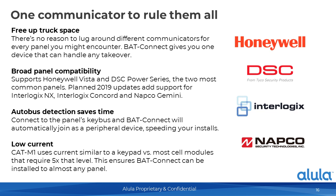Okay? Now, if it is one of those couple other features here, just moving down the slide to point number 3 where we say auto bus detection saves time, that would be one of those panels on the compatibility list. So for instance, Honeywell Vista. Great thing about the Honeywell Vista is once you power up the Vista after you've hooked up the BAT Connect, you don't really need to do anything as the installer because the BAT Connect goes in and programs what it